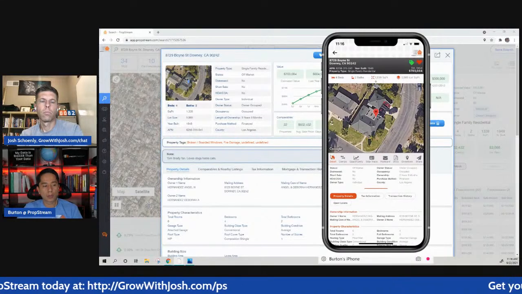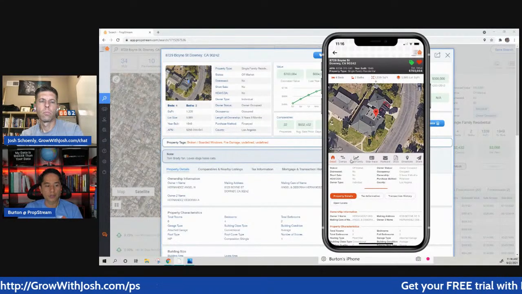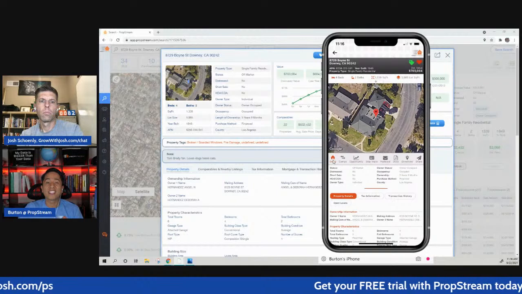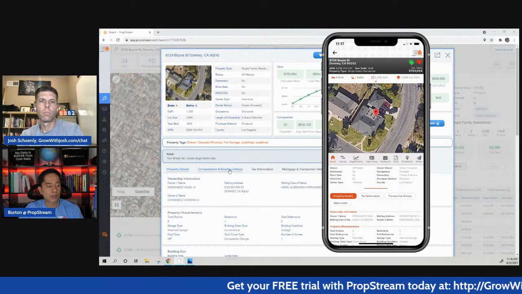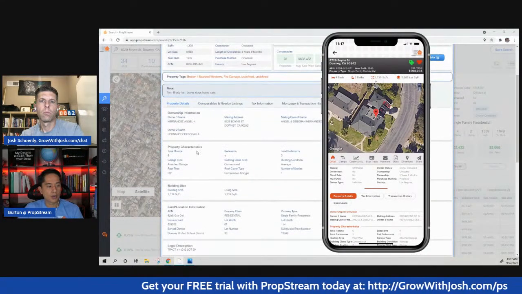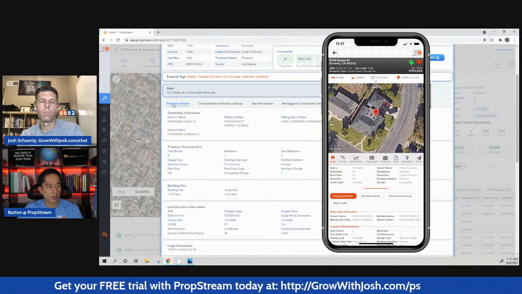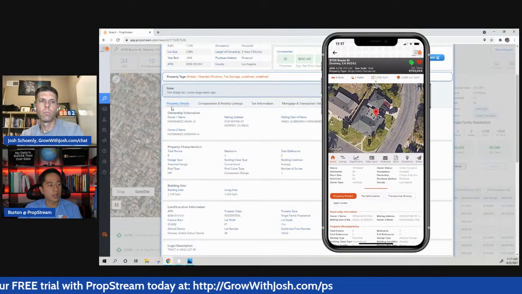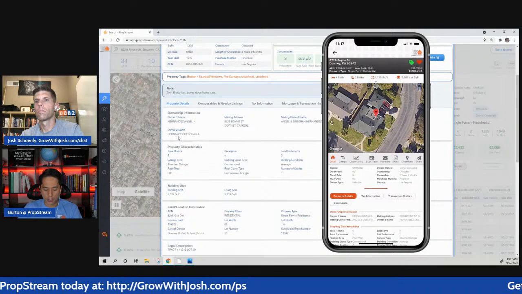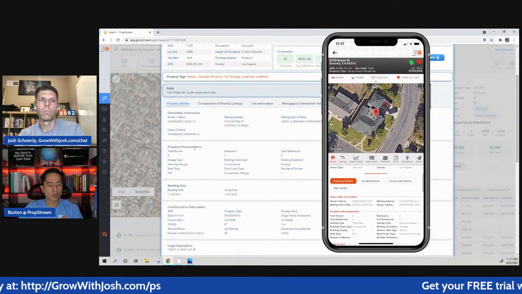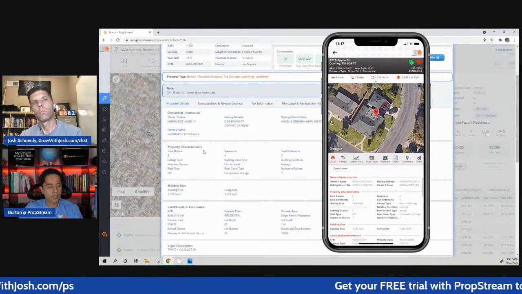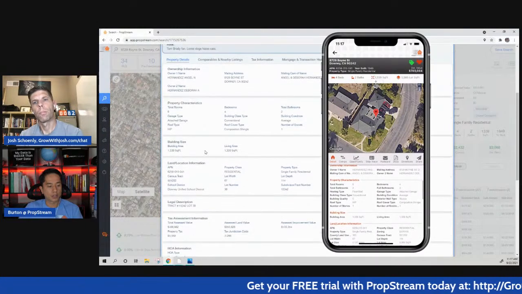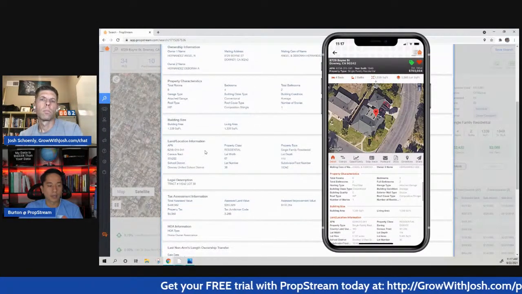So below the property image, you're going to see a series of different icons, starting with details. And details are the same details that you're seeing on our desktop. So when you go to our desktop and pull up a property, details shows you ownership info. As I scroll on the mobile app, you're going to see the same information, but just again in a mobile